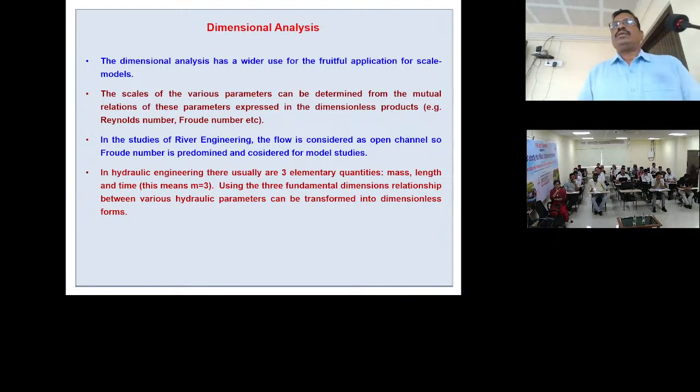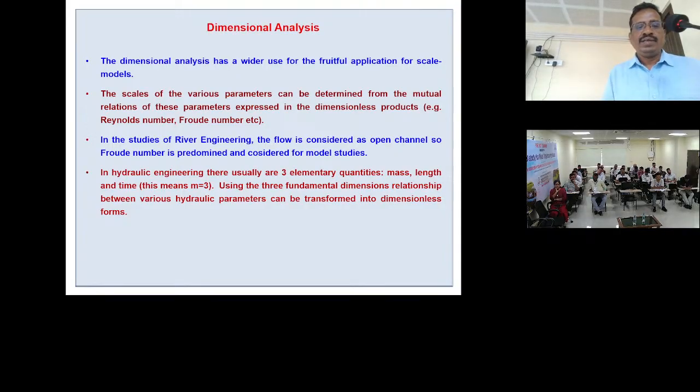Generally, in river engineering problems, we consider the flow as open channel flow. So the Froude number is predominant in these studies. We consider the Froude number as a basic parameter for river modeling. In the studies of river engineering, the flow is considered an open channel, so the Froude number is predominant and considered